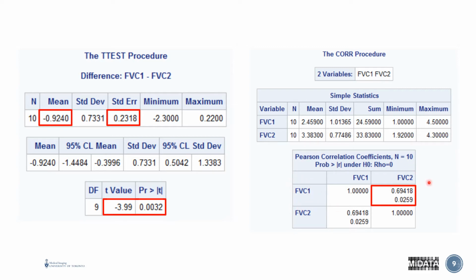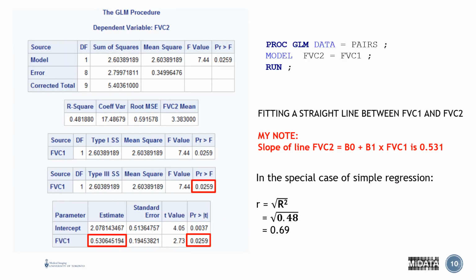This is a Pearson correlation. If you look at the Pearson's R, it's basically 0.7, which is a good, moderately strong correlation, with a significant p-value. So this means that the correlation is going to be playing a role in the calculation of the variance of the difference. Now let's have a look at proc GLM, which we went through in the last lecture,